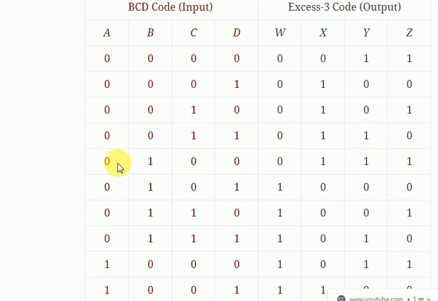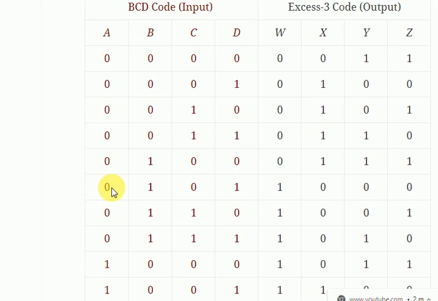The next combination is 0, 1, 0, 0, which is decimal 4. When we add 3 to 4, we get 7, and in the XS3 code we write it as 0, 1, 1, 1.